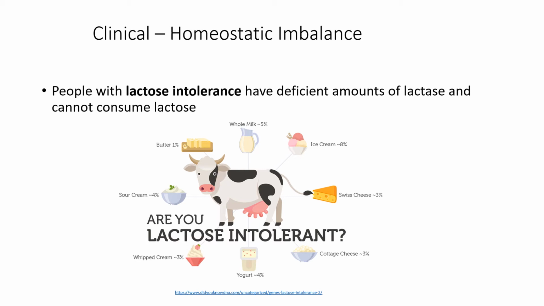So what happens in people with lactose intolerance is that the lactose will remain undigested, and it creates an osmotic gradient in the intestine that prevents water from being absorbed, and this can result in diarrhea. This can also pull water from the interstitial space into the intestinal lumen. And any bacterial metabolism of undigested solutes produces large amounts of gas,